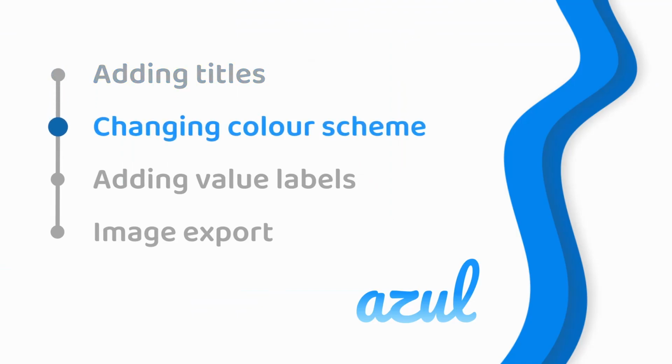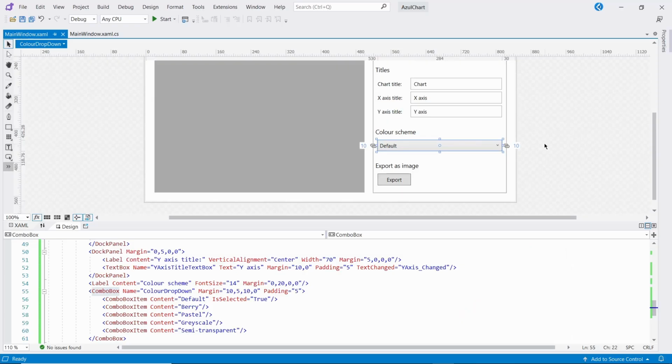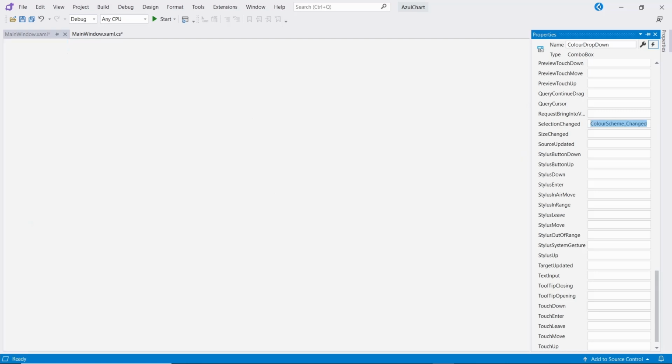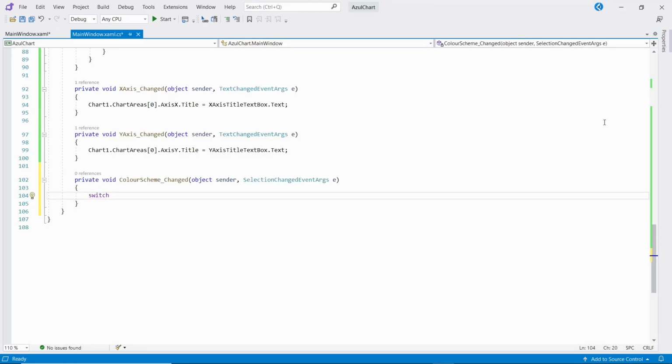So now we've got the titles working, let's change the chart's colour scheme. This is the drop-down I've got in place, and I've added some of the colour schemes available to us. We can now add a selection changed event handler as before, and this will be triggered every time the user updates the value in the drop-down menu. Let's add in a switch statement to check which option has been selected by the user.